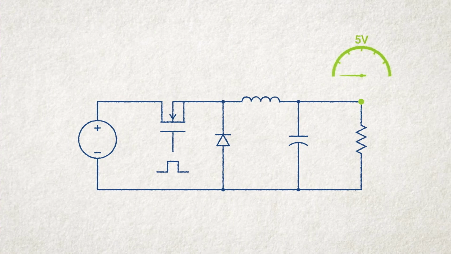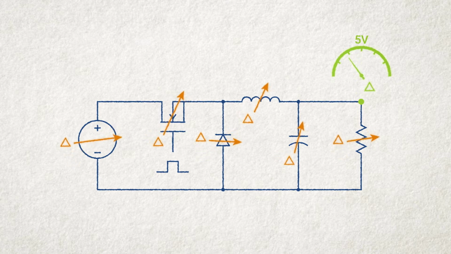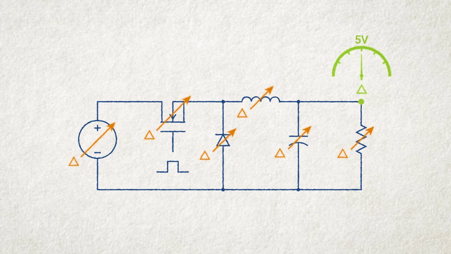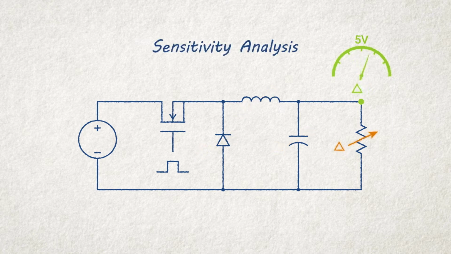Circuit design begins with meeting performance criteria using nominal component values. But what happens as component values change due to manufacturing variances and aging? The performance drifts outside of specification. Tightening all component tolerances may help the situation, but that can be expensive. A better approach is to determine which parameter variations most affect the output and hold them to tighter tolerances. Sabre's sensitivity analysis is the perfect tool for this.